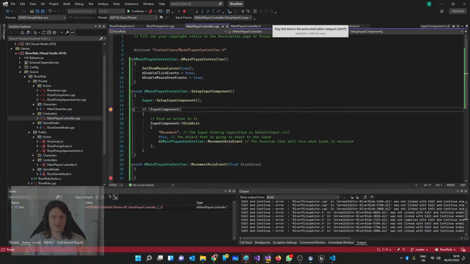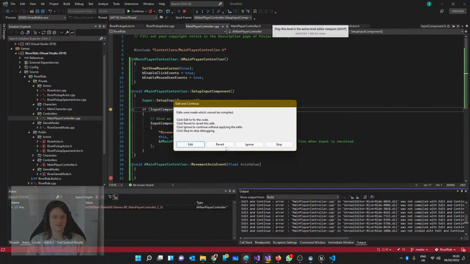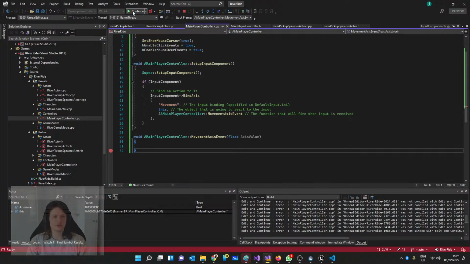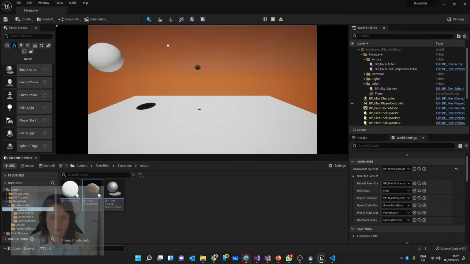Now let's give it another go. So I've pressed play, I've got the breakpoint, input components there, great. We go and bind the axis. Cool, hit continue. Oh look, it's already running it actually. And it's running it every single iteration. Okay, interesting. Well, that makes sense, I suppose, because we always want to know what the input's going to be from the controller, so it might as well listen to it, right? Okay, so let's now